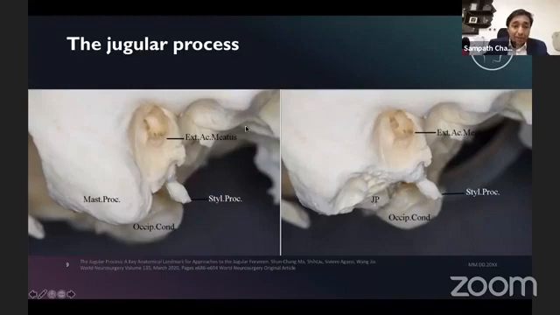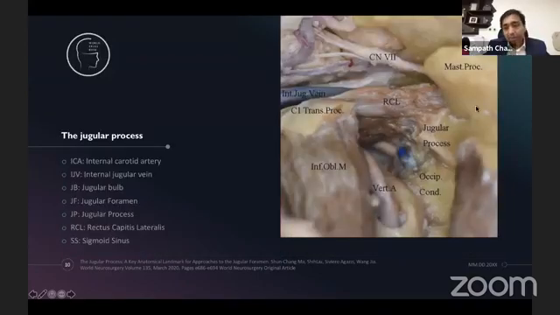Now, looking at it laterally, and when you are dissecting a bone, what's your navigation path? You have to remove the mastoid process to be able to see the jugular process. Okay, so the mastoid process is drilled out, and then you get to see the jugular process here. Looking at it from a more lateral perspective, or a more posterolateral perspective, you can now appreciate what I'm talking about. The mastoid process is clearly seen here.